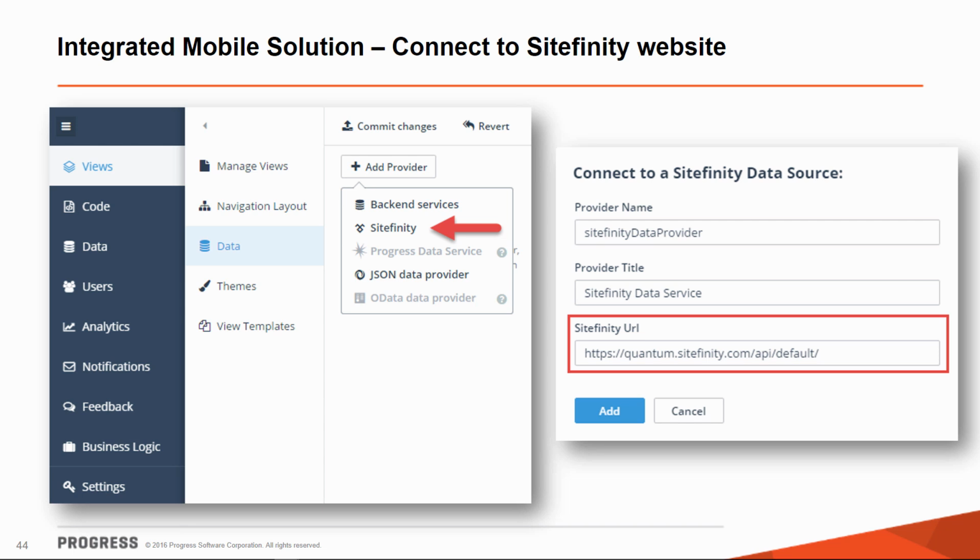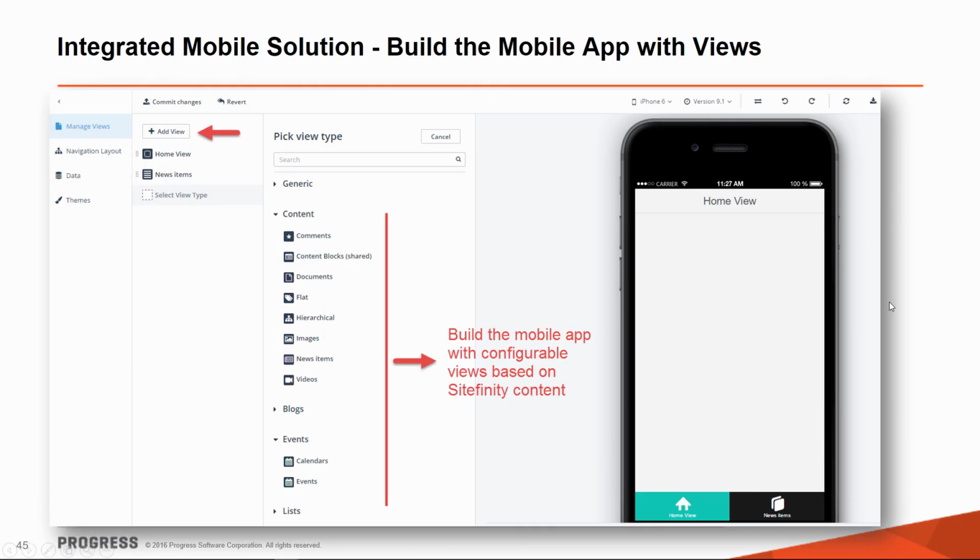And once this is done, you're going to see all the content types that are available in the website in the Telerik platform, so that you can use the screen builder to create the views for the mobile app through configuration with just a few mouse clicks and without the need to code everything from scratch. So we're significantly simplifying the process of building those mobile apps.